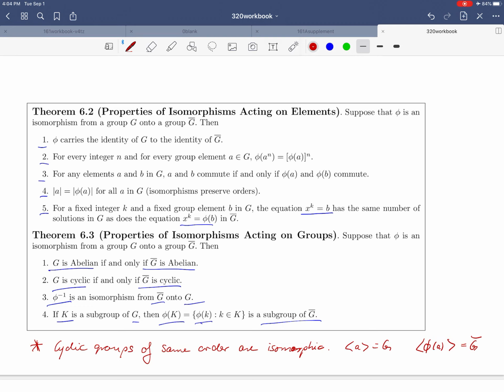Okay, in the next few videos we're going to do a few proofs for some of these elements, and some of them are also done